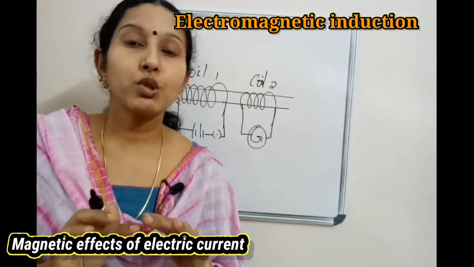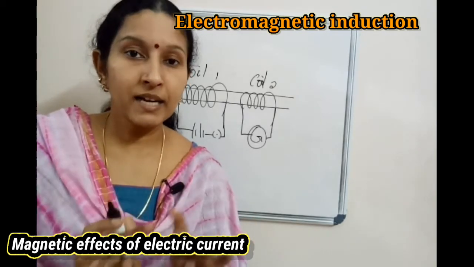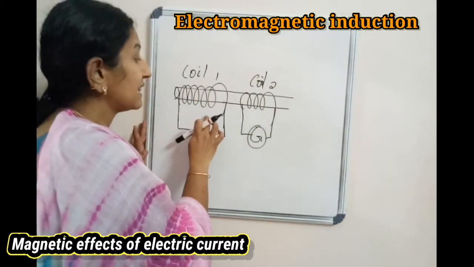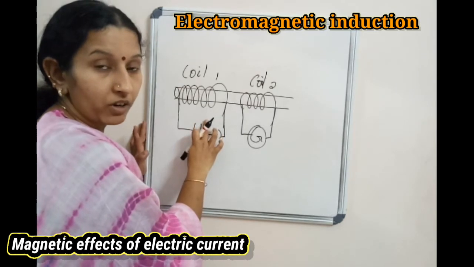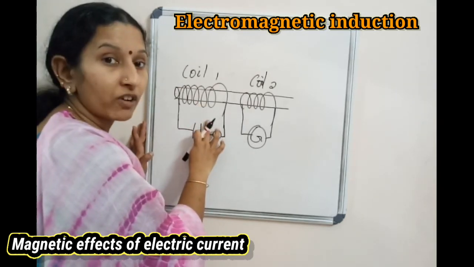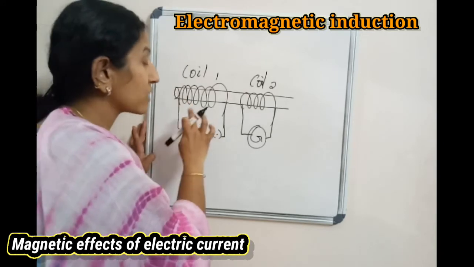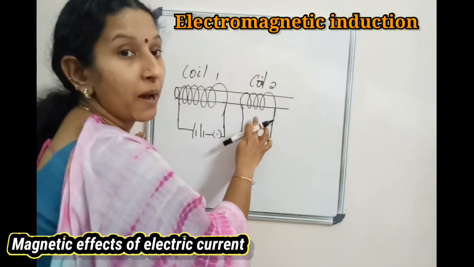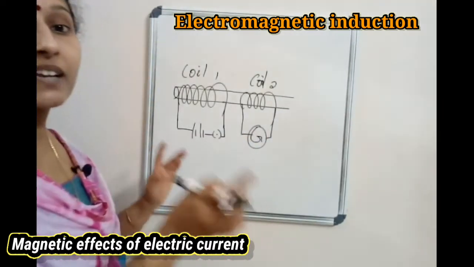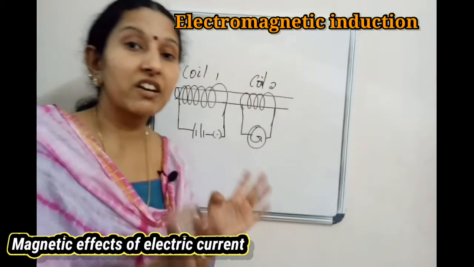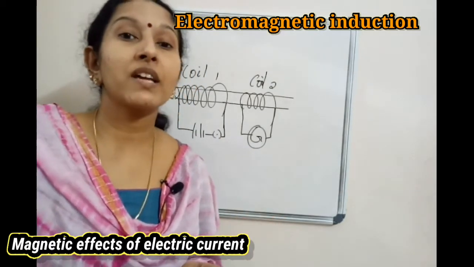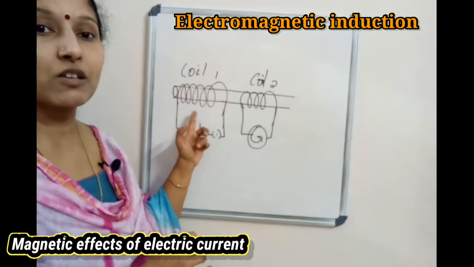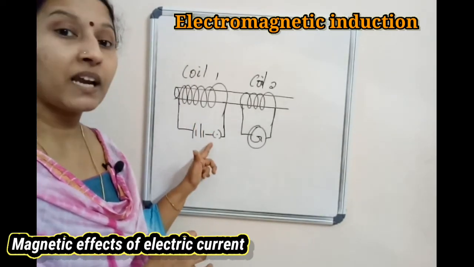So when we switch off or switch on the key, there is change in the current of the primary coil. When there is any change of current in the primary coil, the magnetic field associated with it also changes. That changing magnetic field changes the magnetic field of the secondary coil. Then that changing magnetic field generates a current. That current is known as induced current. So how can we make changes of current? By plug in and plug out.